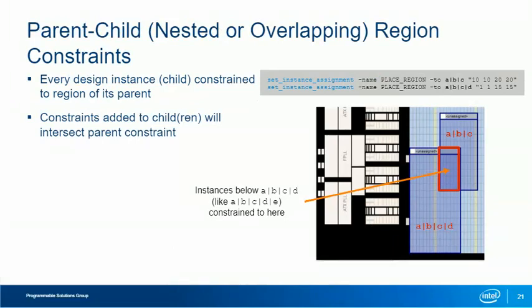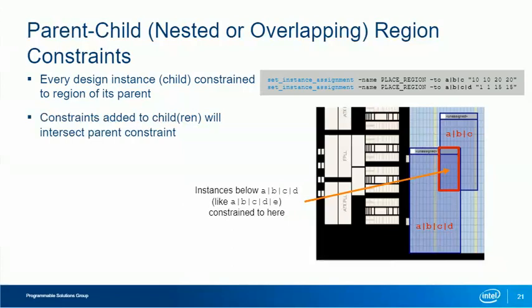As mentioned, nested or overlapping Logic Lock Standard regions match up with the design hierarchy. Because of this, overlapping regions restrict the placement of lower-level design instances. These child instances are constrained to the region of their parent. If a region constraint is added to the child, this constrains the placement of the further lower-level instances. In the example shown here,